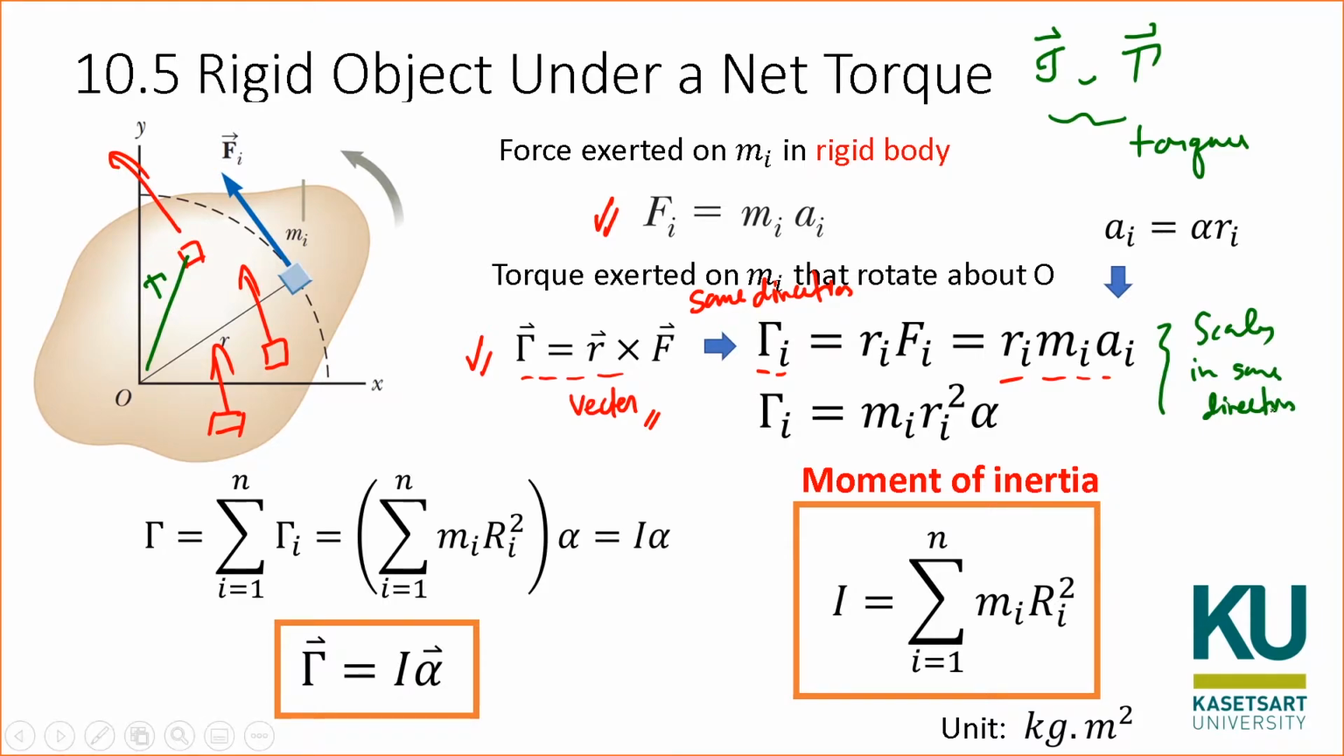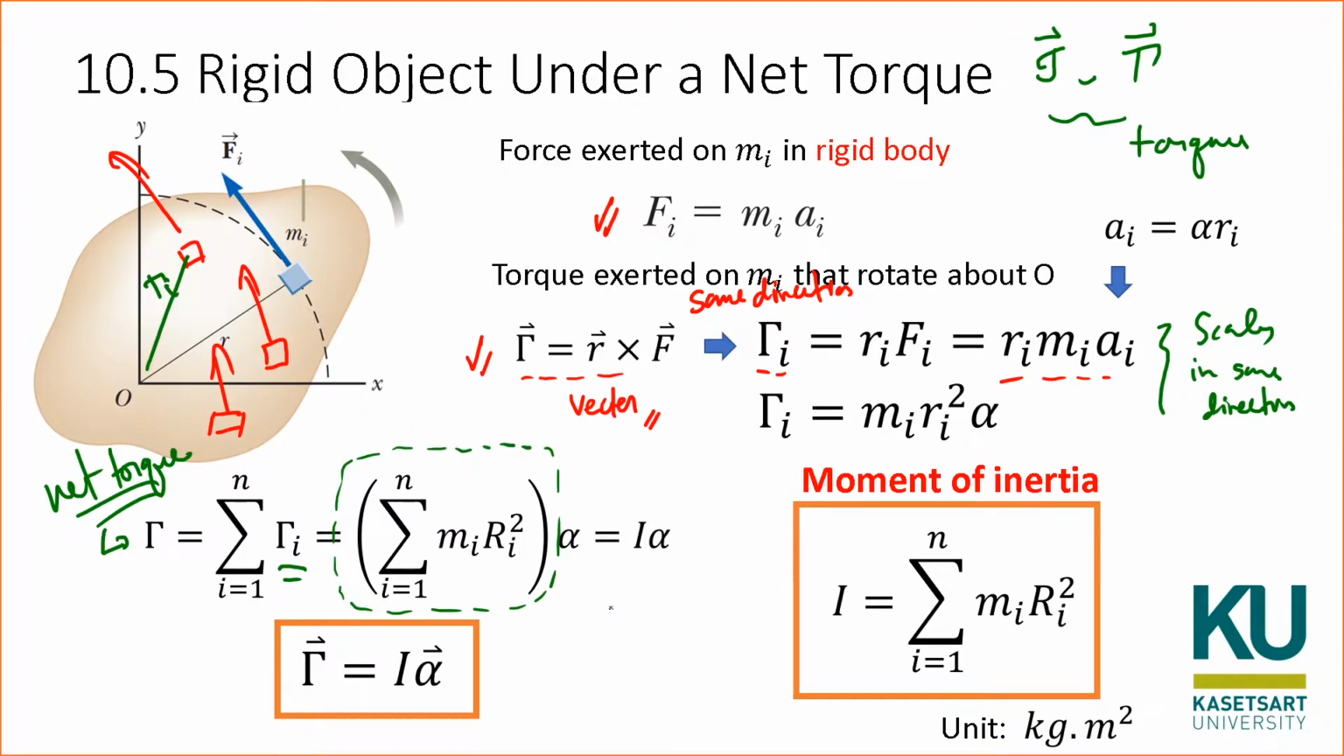So when they're moving in the same direction, you have each individual torque τ_i. You can sum them up to find a net torque. This is the net torque because you sum up all the individual small particles m_i together. And rather than just m_i r_i squared, here you have a sigma because you would like to group all of them. And this is the definition of the moment of inertia of the system of particles,